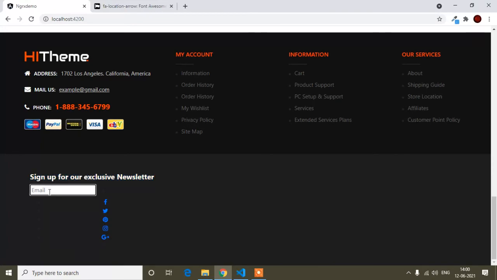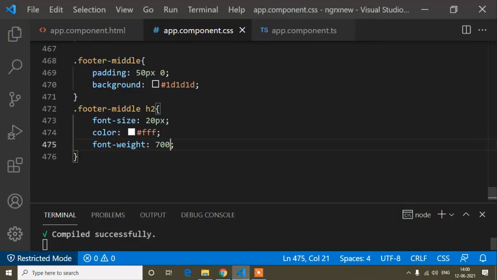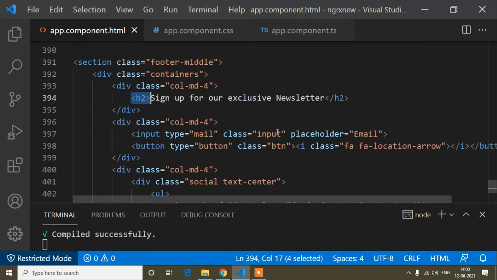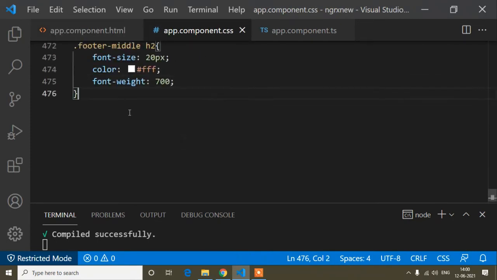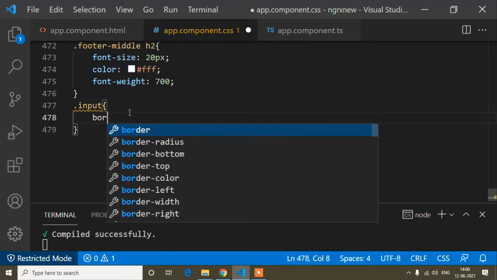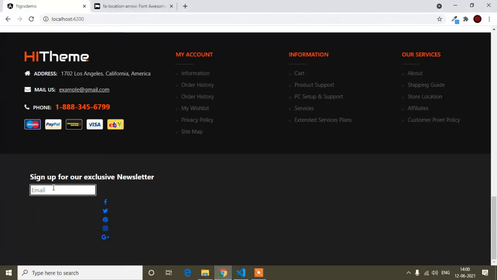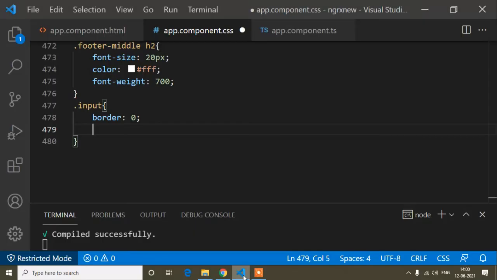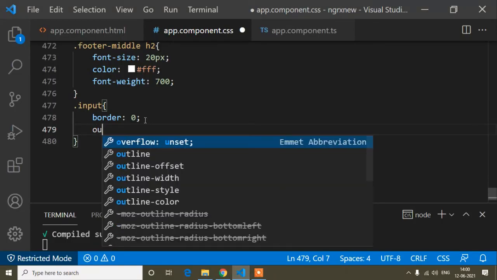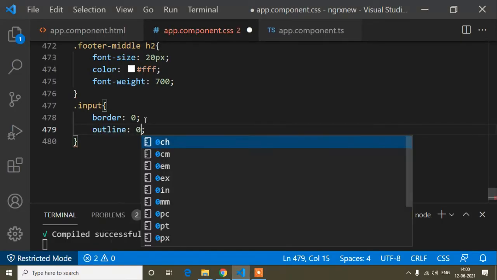And now I will add the design for this input field. The input field class name is this one. So I will copy this class name and paste it here and write that design. First of all, border is 0, because outside this input field you can see the black color border and white outline. I don't need the border and outline, so I will write border and outline as 0, that means none.